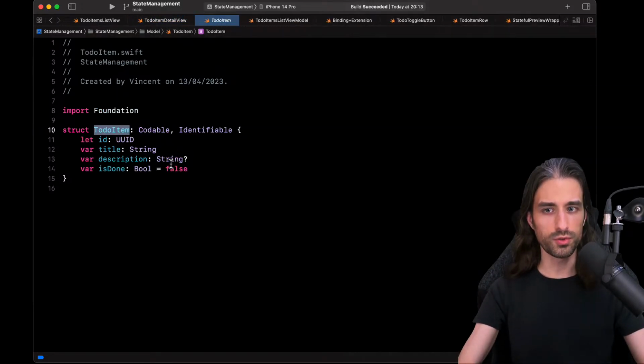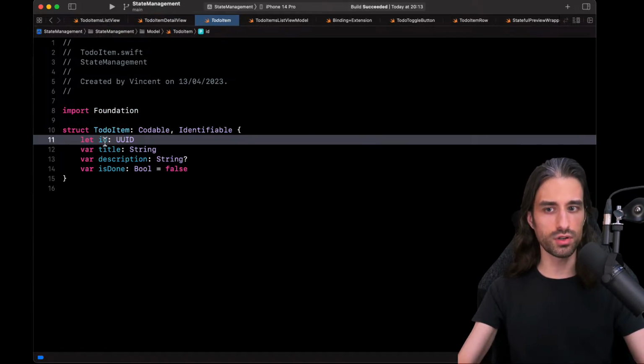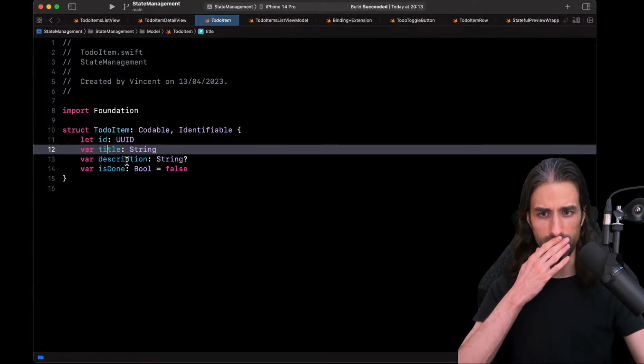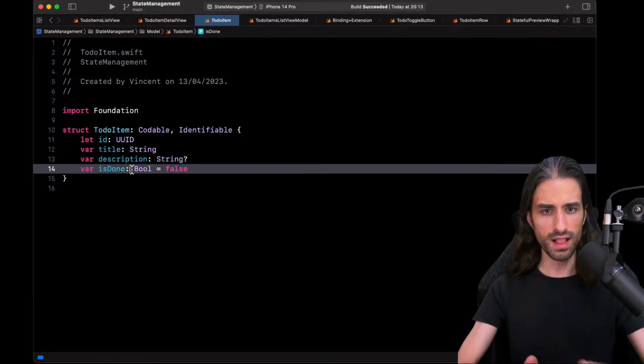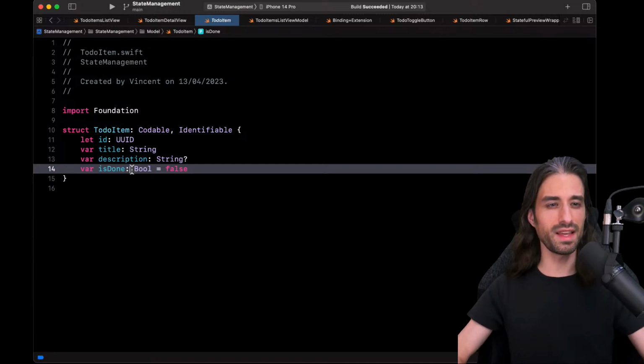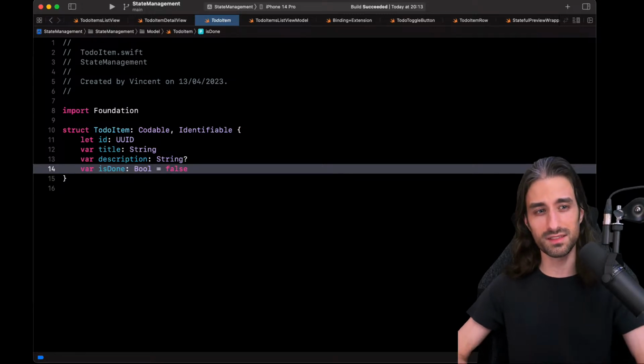Let me show you what to-do item looks like. So we have an ID, which is a constant, a title and a description that the user can edit through text fields, and the isDone boolean that users can still edit through the button, even though edit is probably not the verb that the user has in mind when they press the button, but technically it is still an edit, just that editing a text is different in terms of UI than editing a boolean.